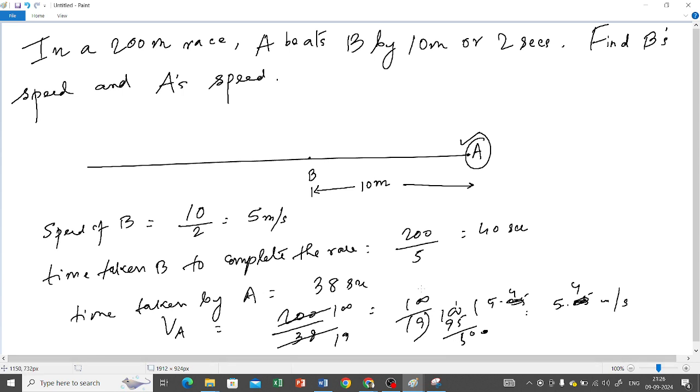Now try out this sum. So I'm doing this sum from the Pearson book. That is why I didn't make a PDF out of it. Next time when we do it from Arun Sharma, I'll share my screen and show the sums in a Word document. So for now, do this sum.